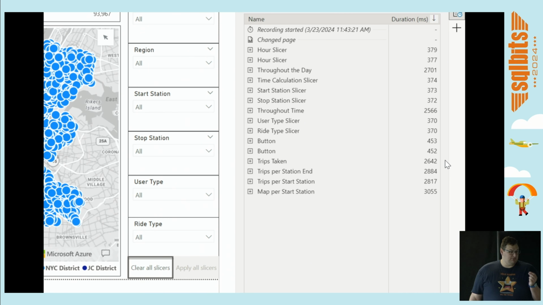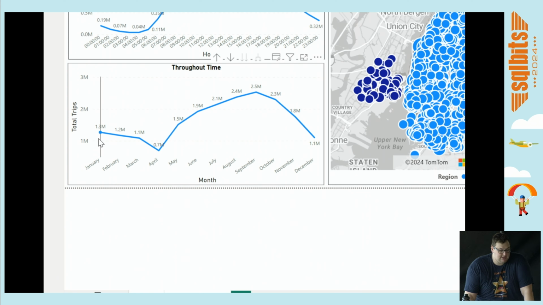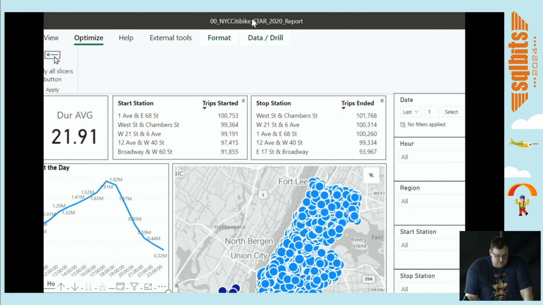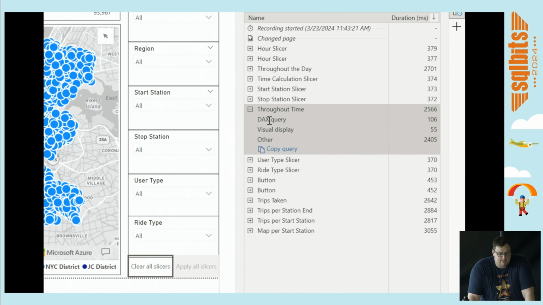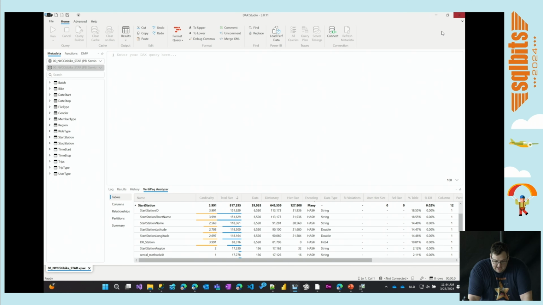remember when I said that performance isn't just about speed, it's also about costs? Let's look into a few things here. I want to focus on the graph called throughout time. As I said, it's just a simple count rows over the months. So for 2020, what were the trips in every single month? What I'm going to do here is get the DAX query. This is for my star schema. The DAX query took about 106 milliseconds. The majority of the time is spent waiting on other visuals to be done. I'm going to copy that DAX query, and